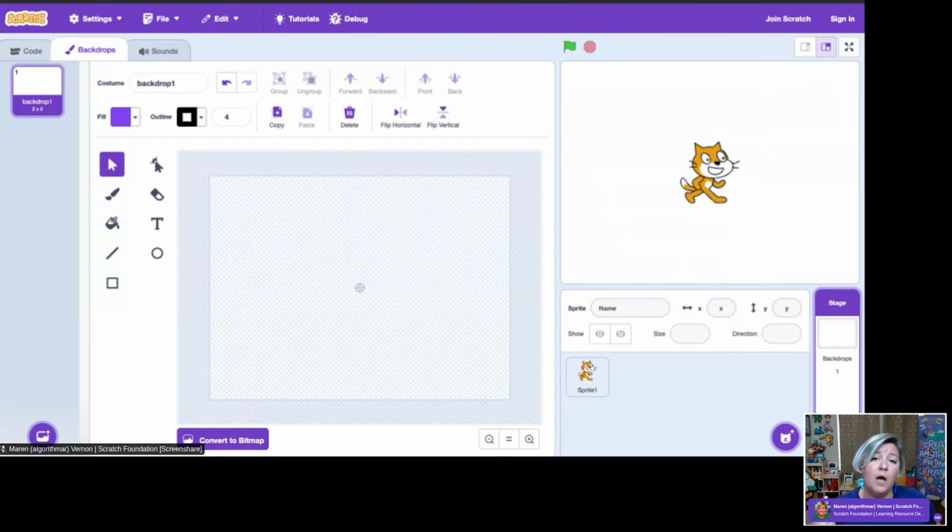Now, there are 2 main modes for drawing in Scratch. There is vector mode that allows you to create and edit shapes. This is the Scratch default. And then there is the bitmap mode, which allows you to edit photos and paint with pixels.